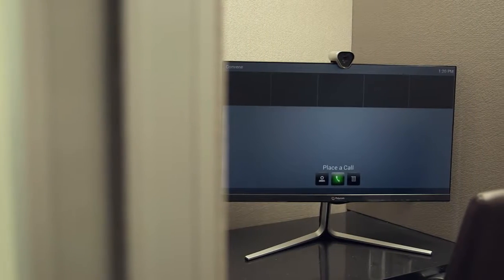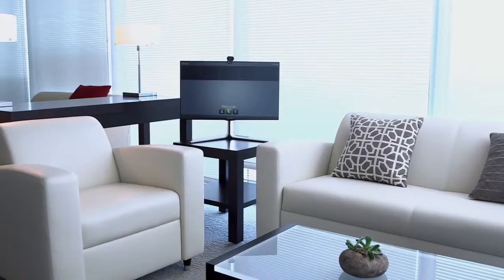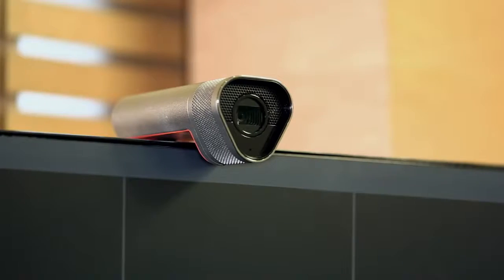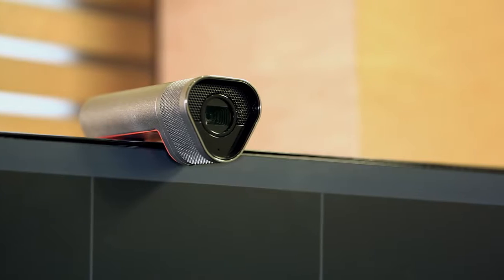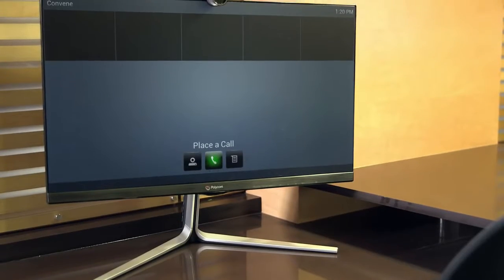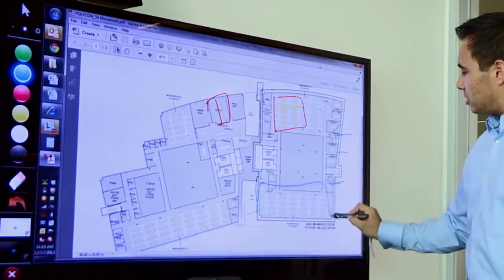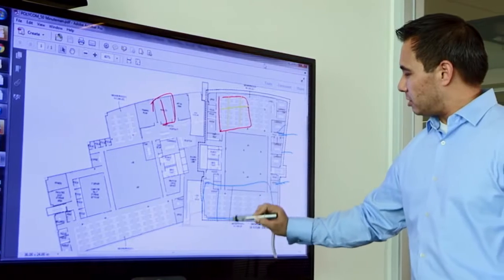You can select 1 or 2 monitors, place it on a table or desk, or use the optional wall mounting kit. With the adjustable camera with built-in microphone, everyone will be seen and heard clearly. No matter which setup you select, the entire system is self-contained and cables are kept out of the way for a clutter-free workspace. Plus, you get all the benefits of RealPresence Group series with best-in-class HD video and content quality,